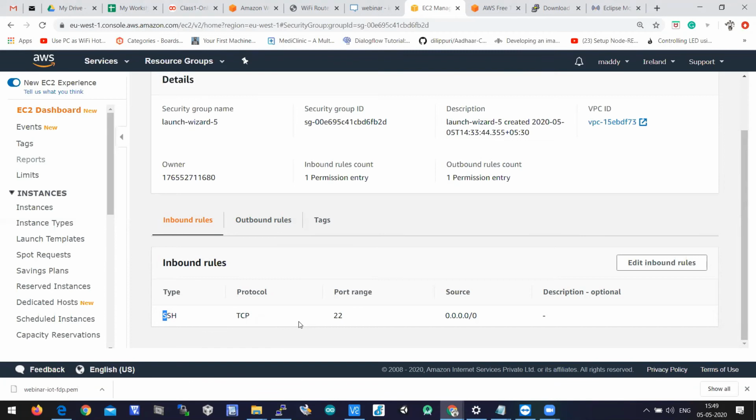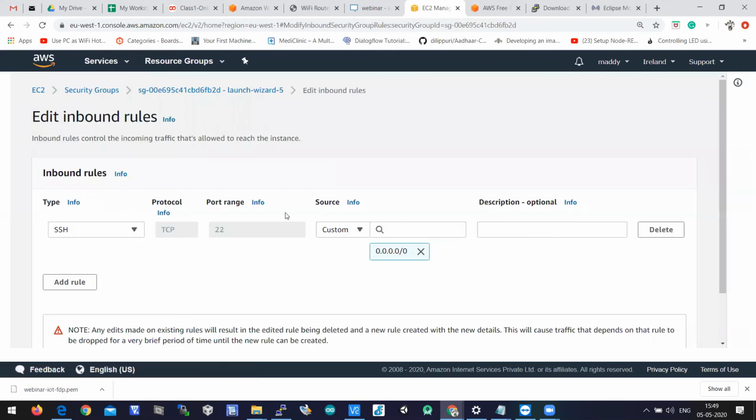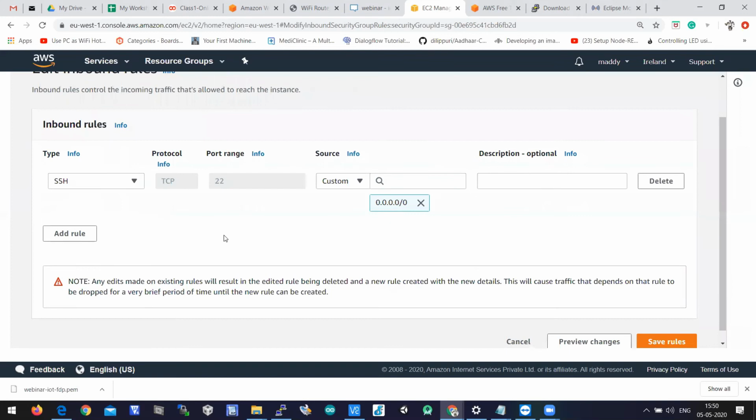So here we need to create another rule by clicking on edit inbound rules. You can check the mouse movement also, I'm moving the mouse on the button. In edit inbound rules, you need to create a rule. So let's click on add rule.